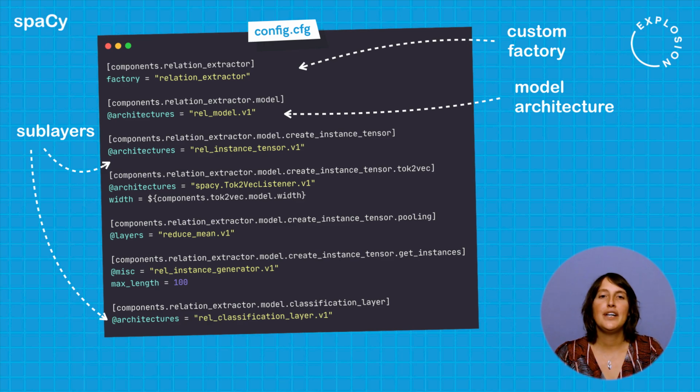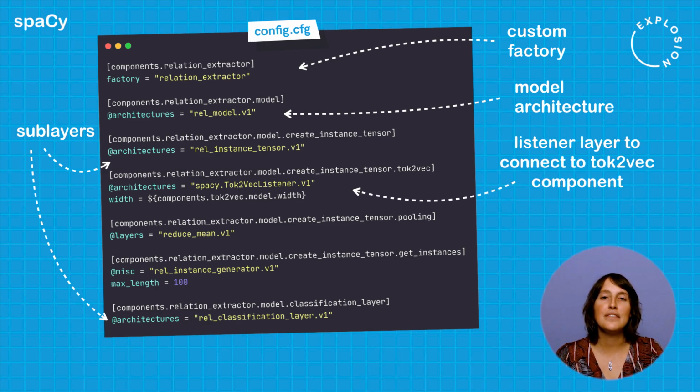There is one additional pattern that I would like to highlight and clarify here. As you can see, the tok2vec sublayer of the create_instance_tensor model refers to an architecture called tok2vec listener. What this means in practice is that the sublayer will use the results from an upstream tok2vec component. This approach allows you to have only one tok2vec component in the pipeline, but have multiple components built on top of it and tune it through backpropagation. You can apply the same pattern with a transformer and a transformer listener. If you have multiple components that could benefit from having a shared embedding layer, this new feature in spaCy 3 could improve both the accuracy as well as the speed of your pipeline.